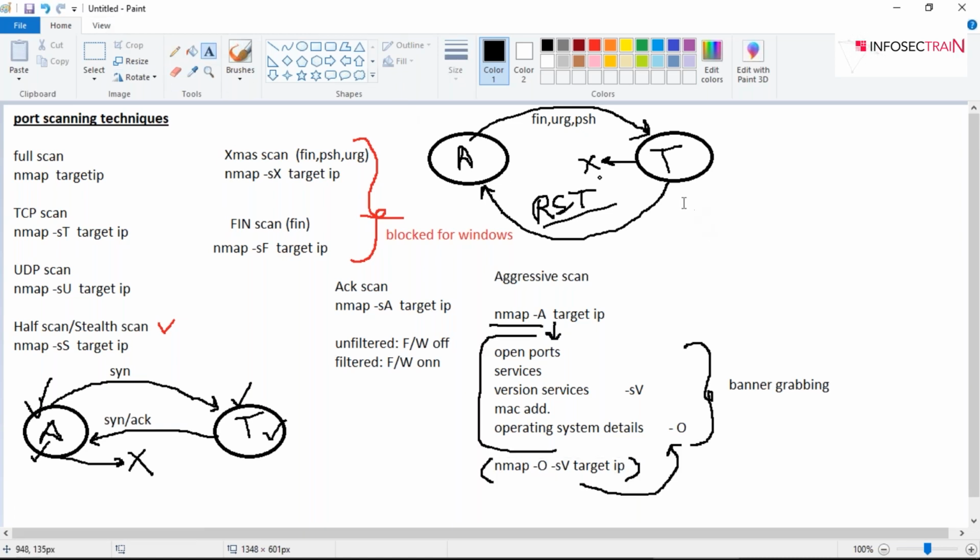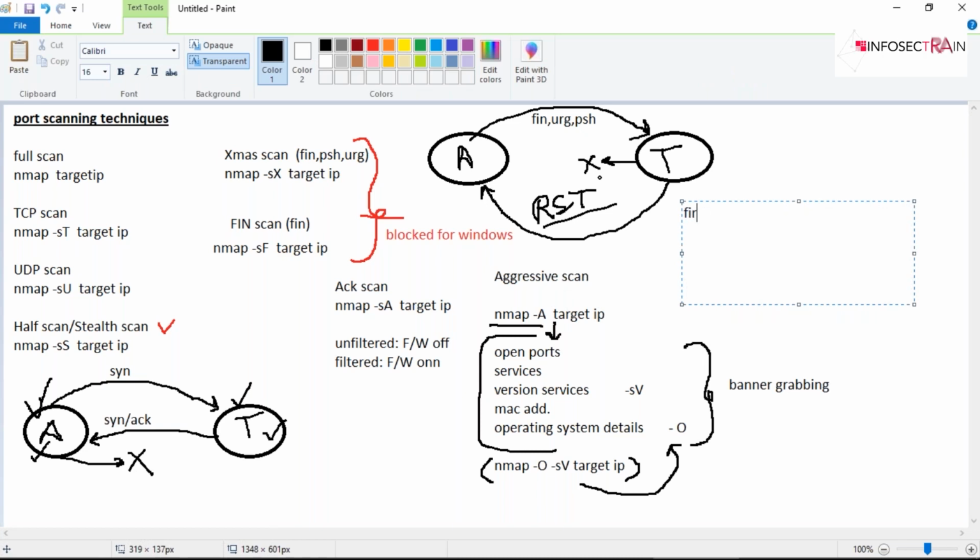Then we have one more term, guys, in scanning, that is known as firewalking. What is firewalking, guys? In firewalking, I will be using a certain script that is given by Nmap to check what kind of rules are being set in a firewall. Because if I get the information about the rules, then I can craft my packet according to those rules, right? And I can bypass the firewall. So the process of getting the rules of the firewall so that you can bypass them is known as firewalking. This is the process.